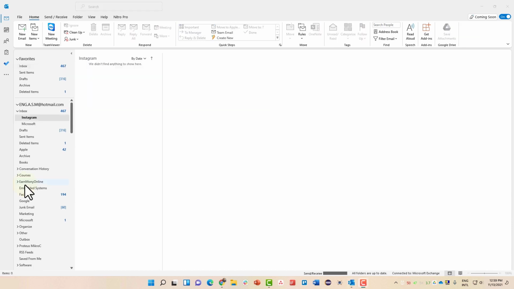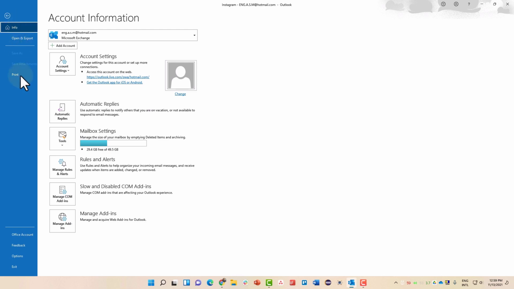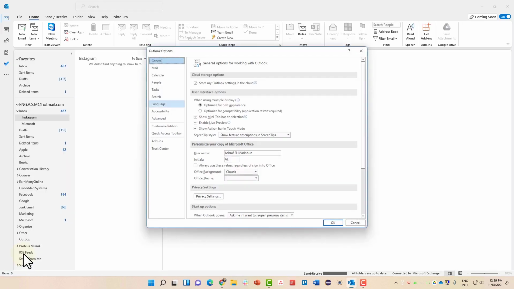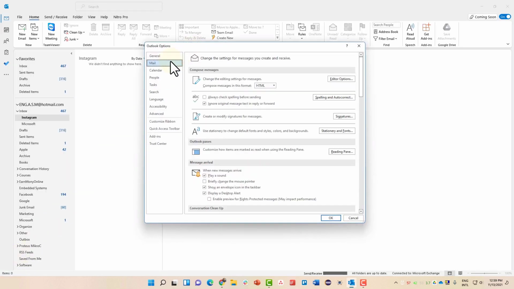Hello and welcome. This is a new lesson in which we are going to talk about adding a signature to every email that you send using Microsoft Outlook. Now, to enable the signatures, go to File, and from there go to Options. From there, go to the Mail tab, and once you are inside the Mail tab, you can see the word Signatures, which is used to create or modify signatures for messages. Click on it,